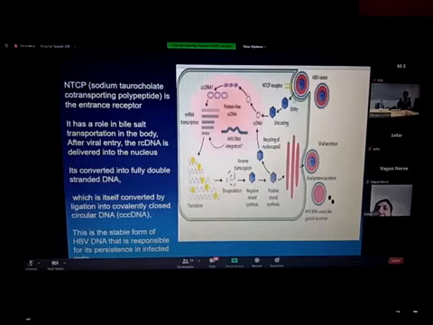Once it enters into the cell, the virus uncoats, which means that the outermost coating has to be removed in the cytoplasm. And then the DNA, because it is a DNA virus, goes into the nucleus. Within the nucleus, the DNA of this virus converts into a more rounded structure, which is called covalently closed circular DNA. Okay, when it is in the virus, it is slightly loose, but once it enters into the human DNA, it becomes completely closed and then acts as a nucleus-like material which is independent of the human DNA itself and replicates